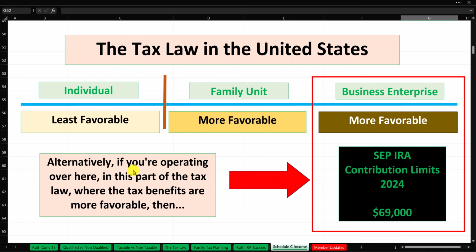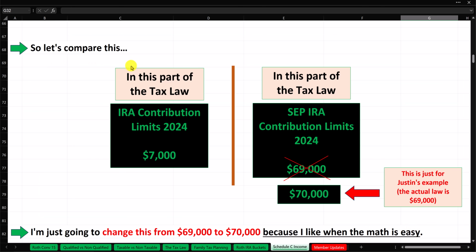Alternatively, if you are operating over here in this part of the tax law, where the tax benefits are more favorable, then you'd be looking at a SEP IRA contribution limit in 2024 of up to $69,000. So let's compare this. On this side of the tax law, the IRA contribution limit is $7,000 a year. But on this side of the tax law, the SEP IRA contribution limit is